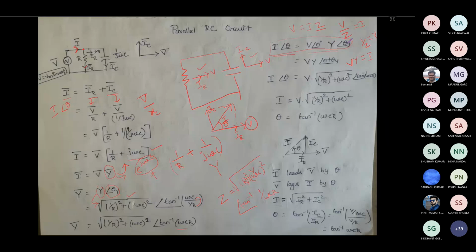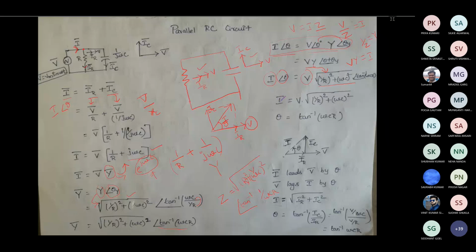In the multiplication, the angles can be added, 0 plus theta y, V into y. The magnitudes are multiplied and the angles are added. So here you are getting V, and this is the y value we had obtained in the previous step. We have obtained y here, and we have substituted it here. So here you can compare the magnitude and the angle.